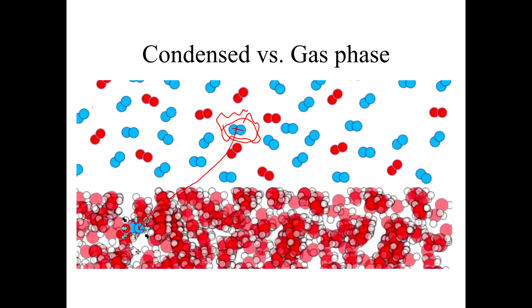So the gas phase has much more entropy, and then not surprisingly, it takes energy to get things into the gas phase, so it has more entropy, but it also has more enthalpy. It took energy to get it there. So that's an example of where entropy and enthalpy are not always diametrically opposed.